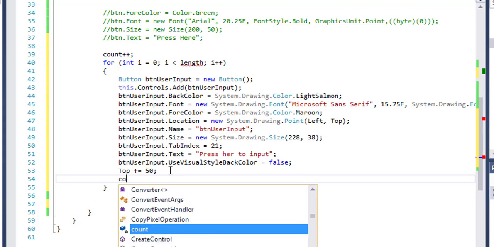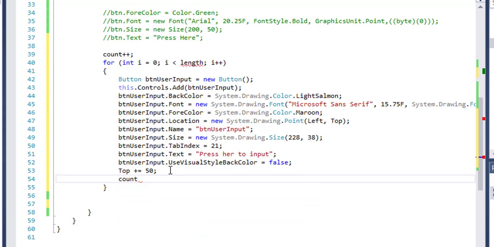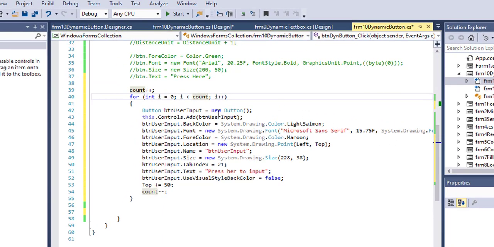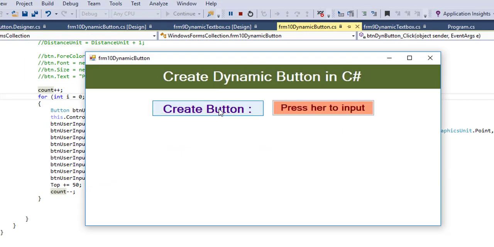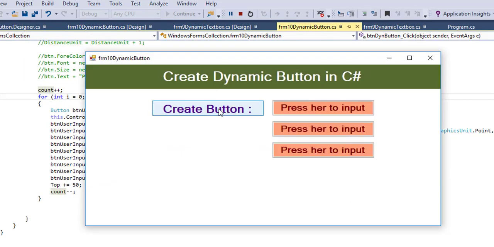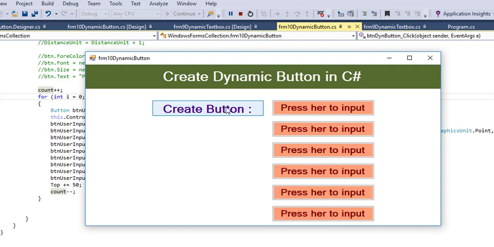Then it will reduce the count one time. Let's run it. Click one time. See, button creating.